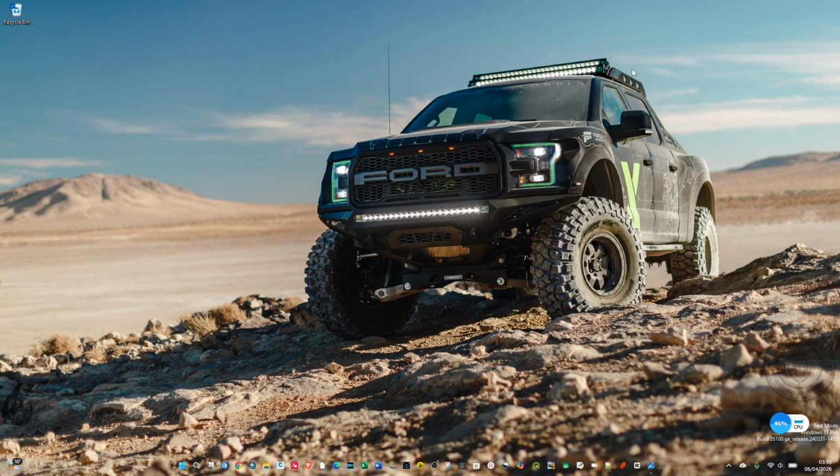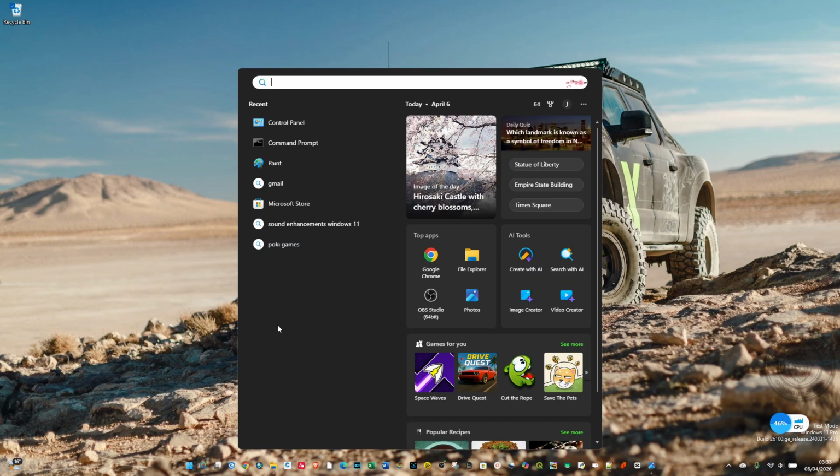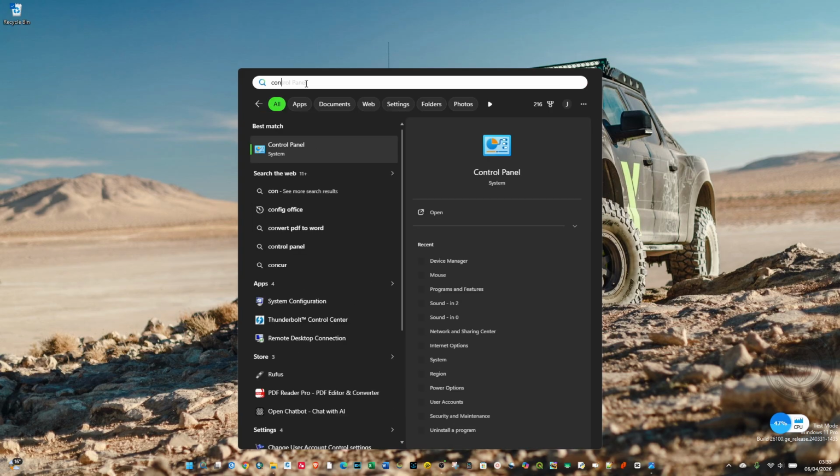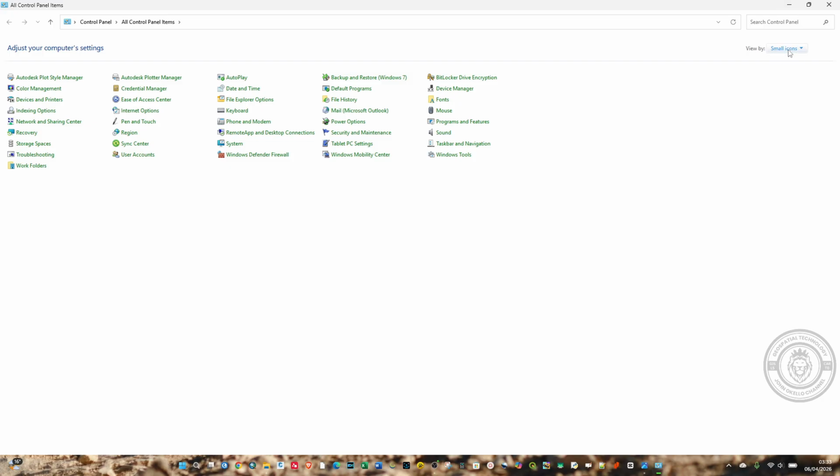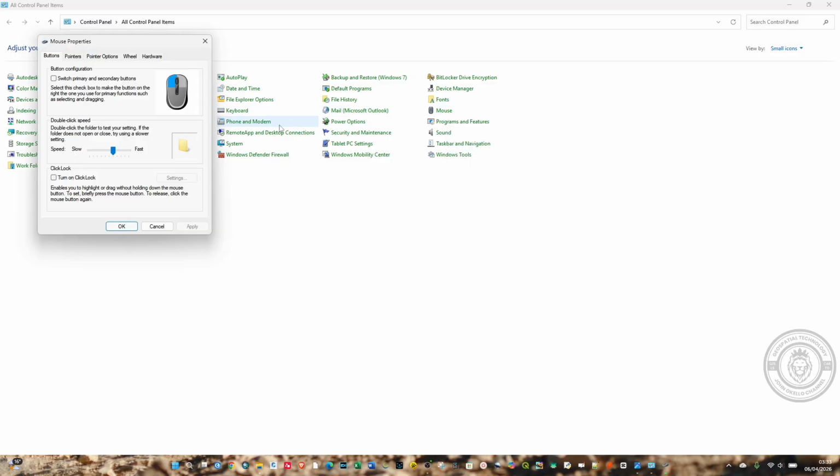So just close that. If that also seems not to work, let's move to the third solution, whereby we are going to search down here. Click on that, and we're going to search for control panel. Type control panel, and make sure that you select small icons. Now click on mouse,